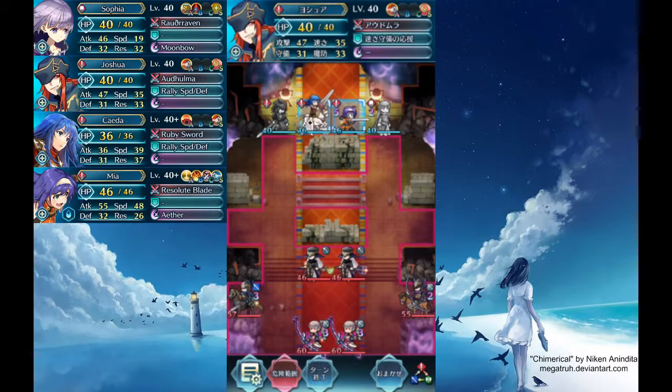And the reason I can't use Sita here is because she's the target for this bow due to her weakness to bows. And if I moved her, or if I had her here, the archer would move to the left because Sophia is threatening this spot. And I don't want that to happen. I want it to just move up. So I have to use Joshua to threaten this cavalier, and then